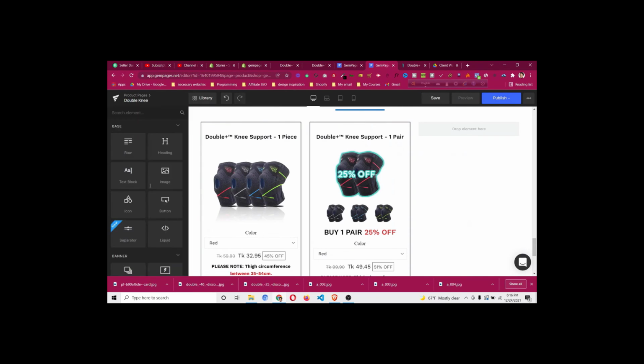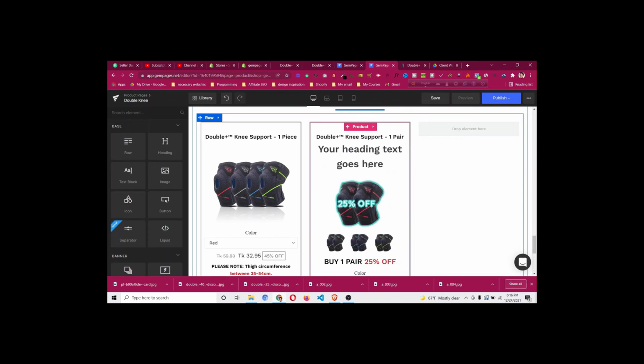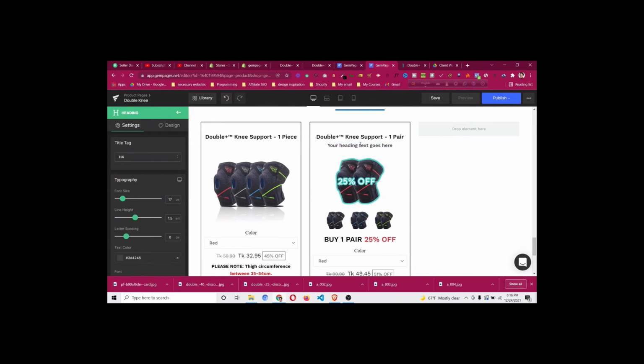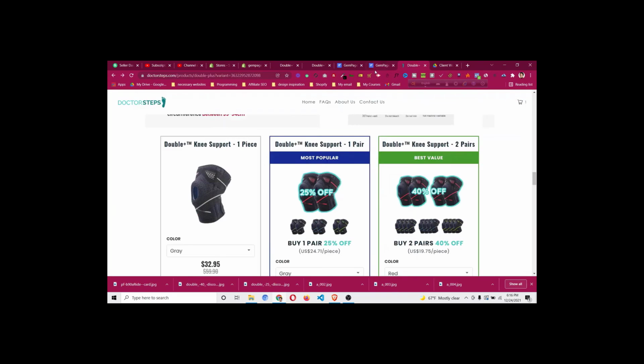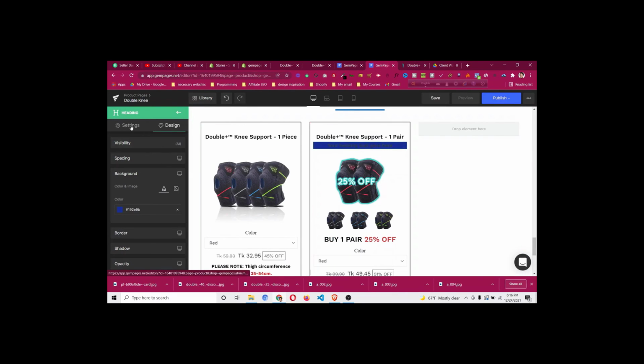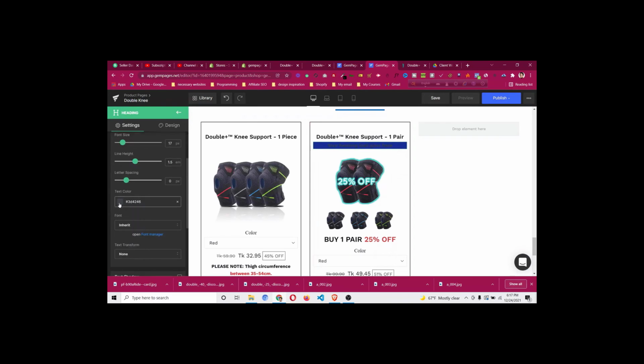So if I click on this and go to heading, and drag a heading under this one, I will also change it to an h4, and then I can give this a background, this background, the same background from the design. Okay, now you can see this looks like it has the same background. Now we need to change the text color. So if I go to text color, I can change it to this, and then I can turn the text transform to uppercase as well, and then I can change the text to "most popular",